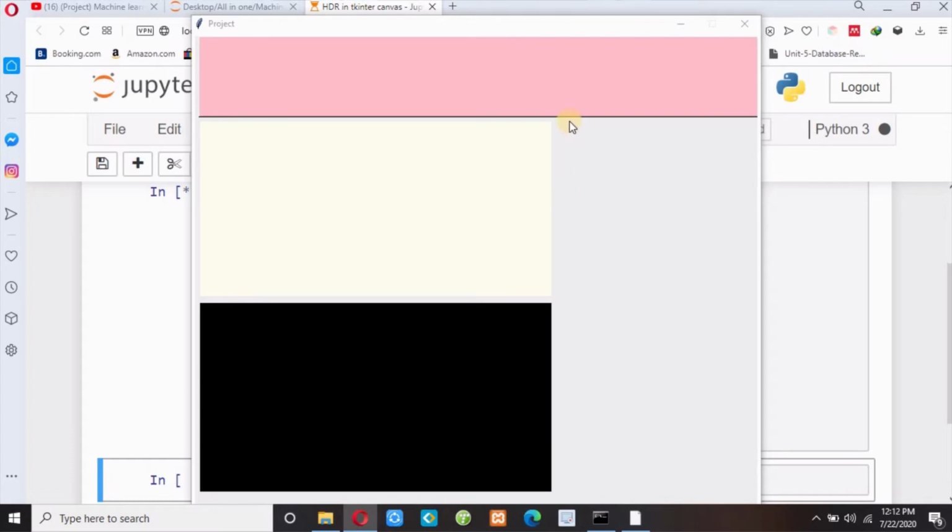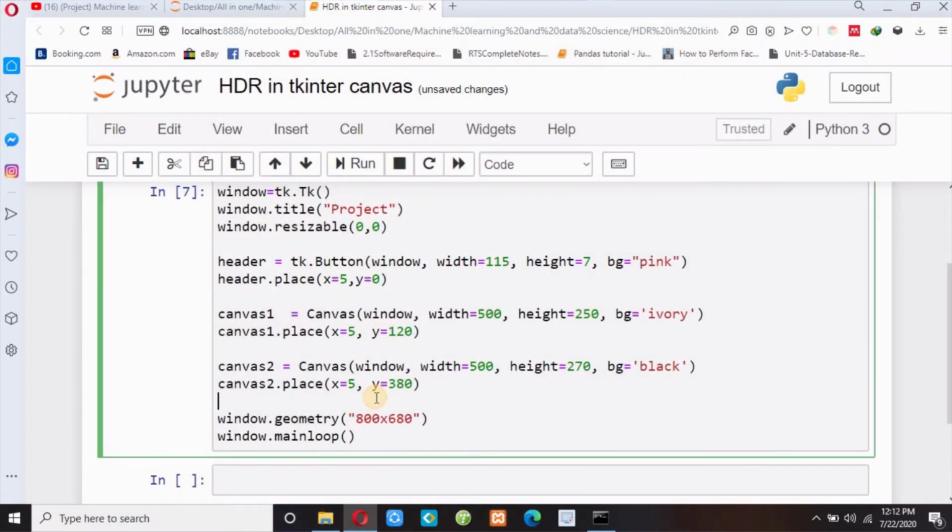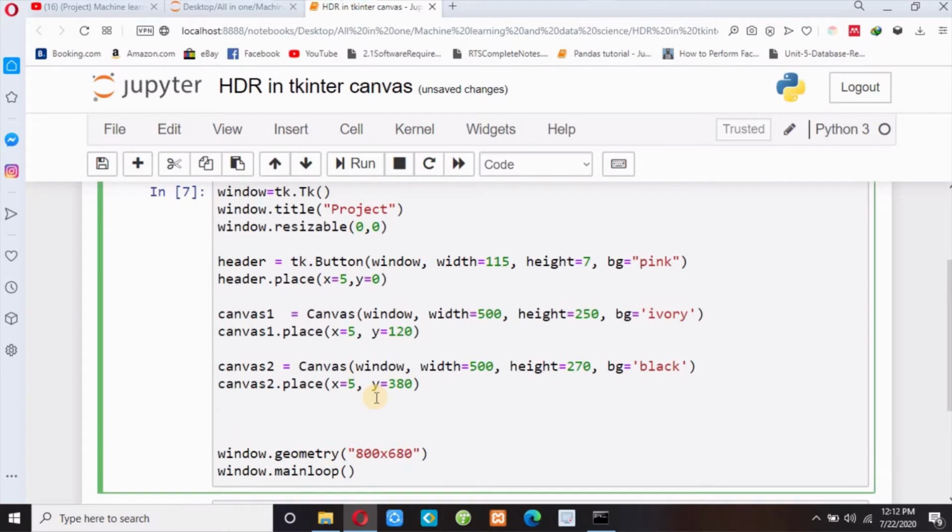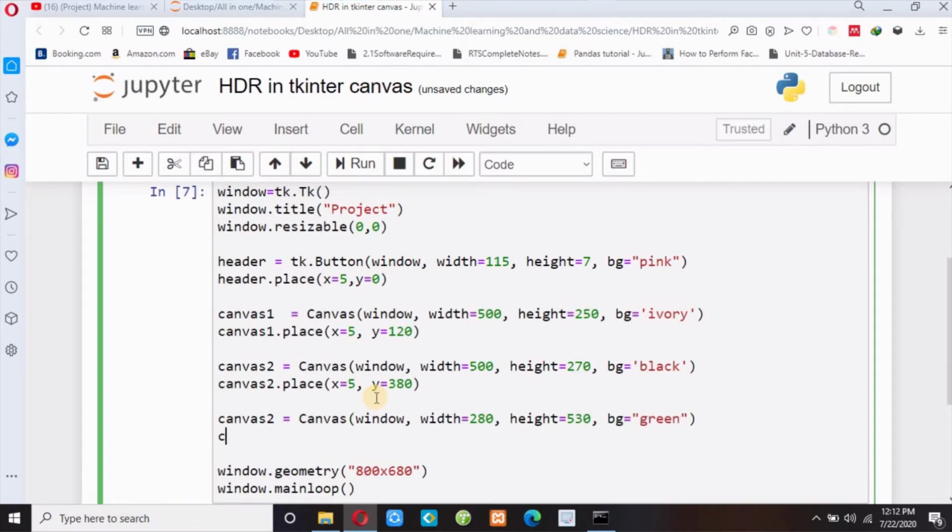And now I have to define canvas3 over here. So canvas3 equals Canvas. I have to put the canvas inside the window, and let me define its width 280 and the height equals suppose 530. Background color equals suppose green, and I have to write here canvas3.